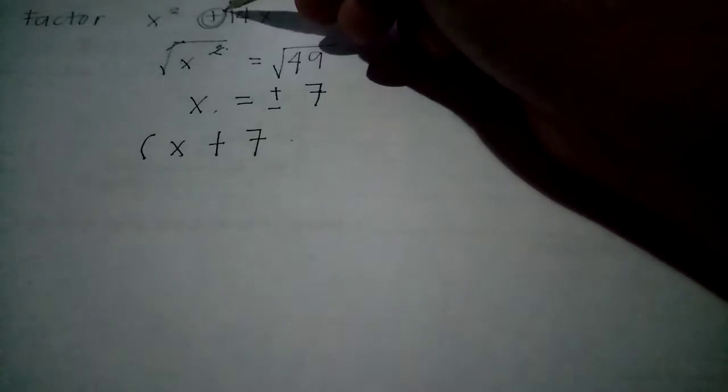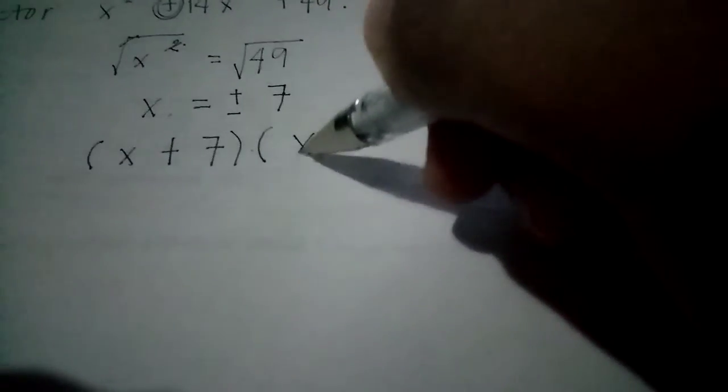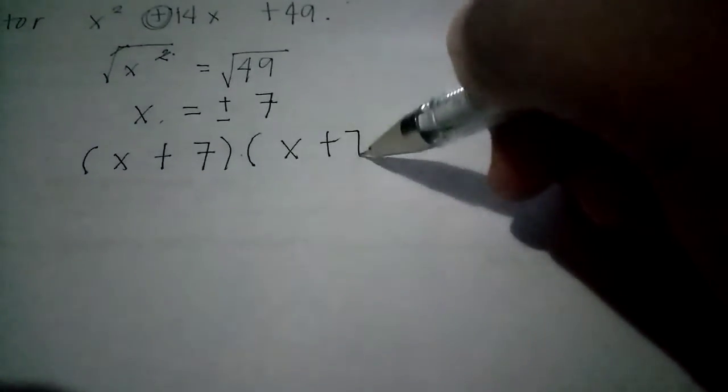Tingnan natin. So, our factor is x plus 7, since ang gagamitin natin ay itong sign ng middle term. So, x plus 7 times the quantity of x plus 7,